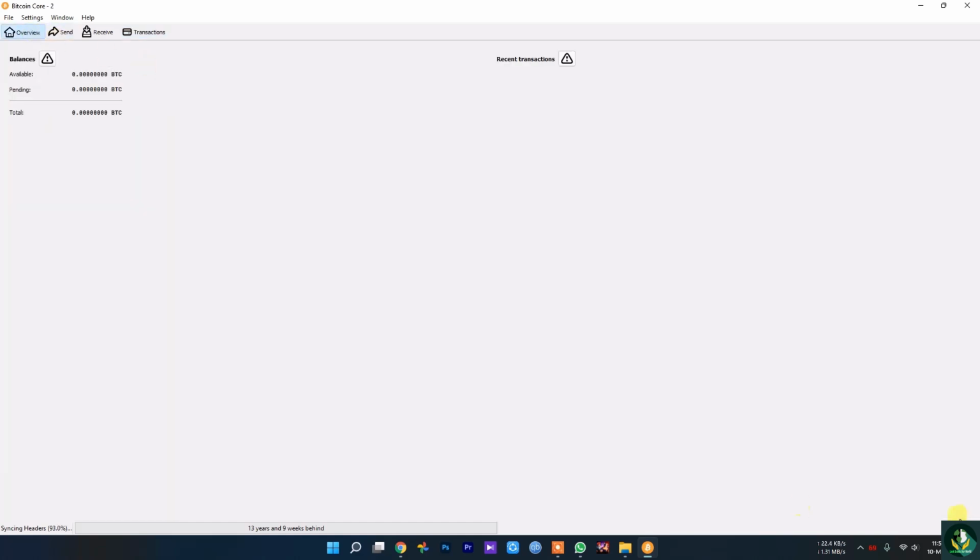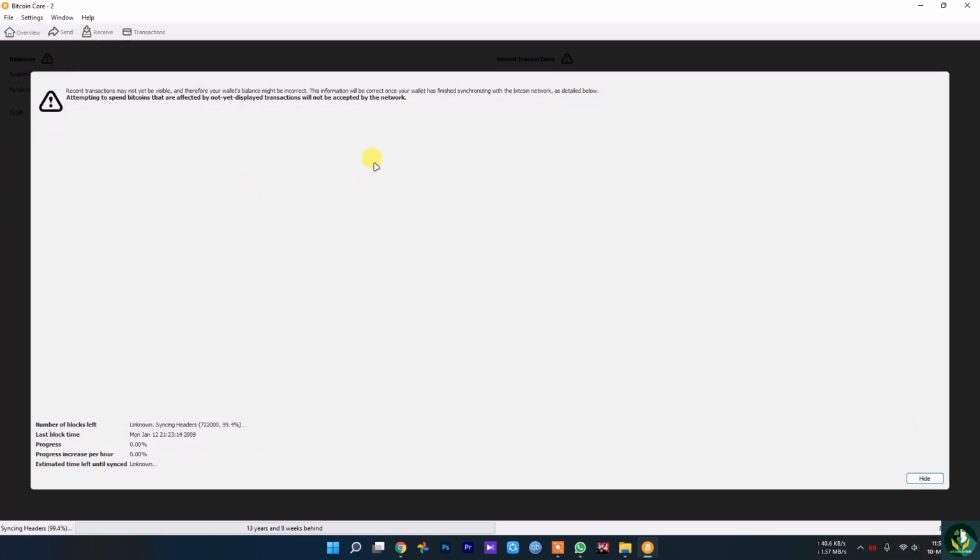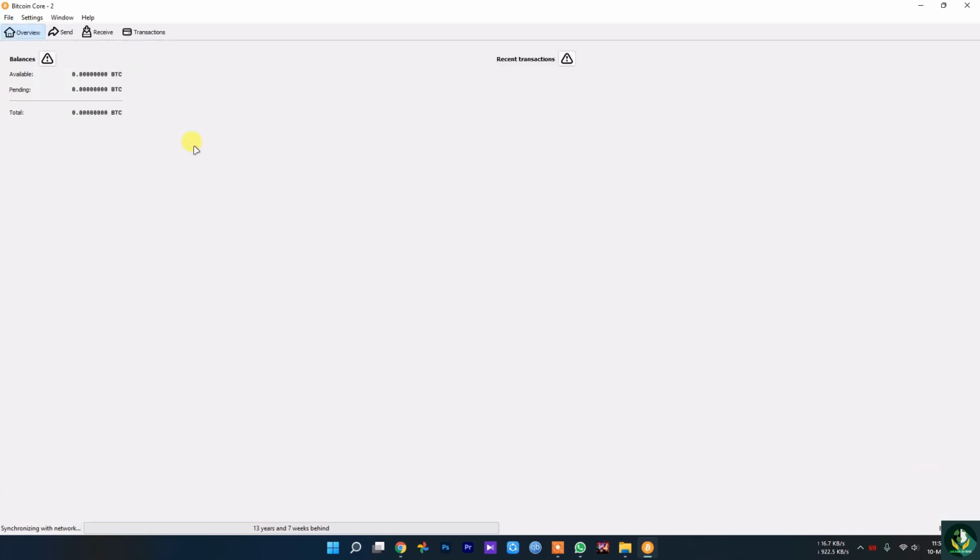And this is the menu where you can disable or check your settings. As you can see, it's already downloading at full speed. So that's all the basic information that you need to know about this software.